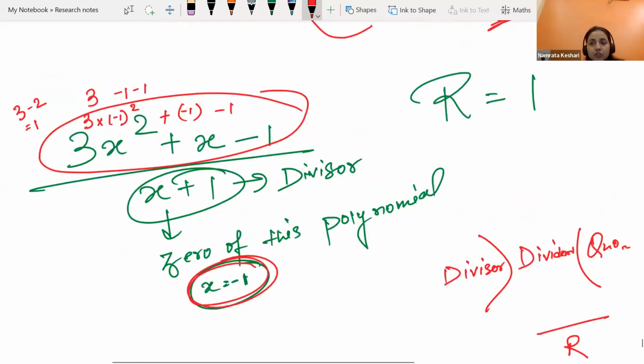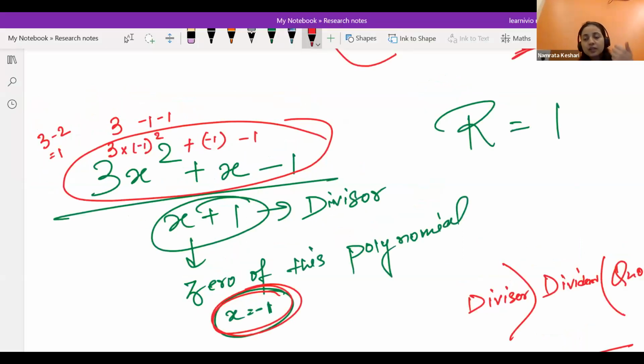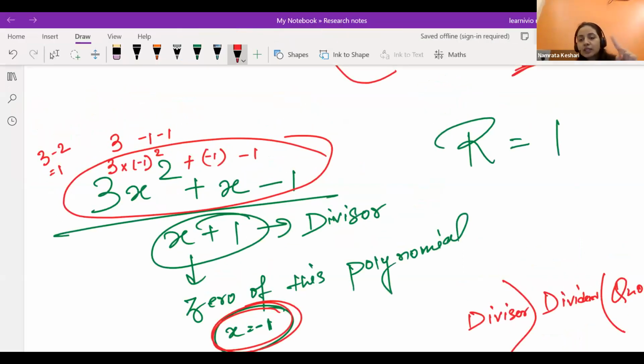So again I am telling you what I am trying to say. One time I am telling you in Hindi and then I'll say the same thing in English. Whoever doesn't understand Hindi, it's okay. I'm going to repeat it in English. I was saying